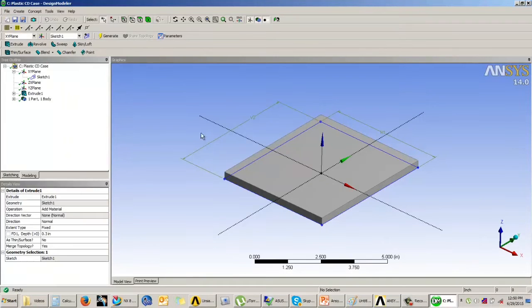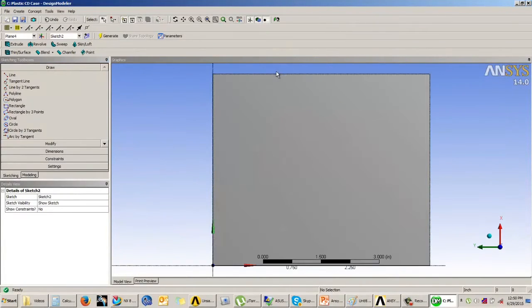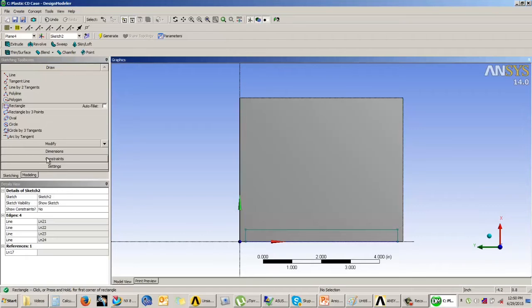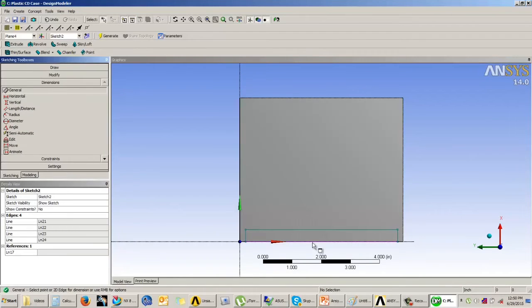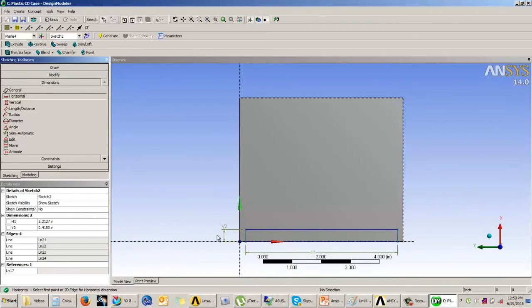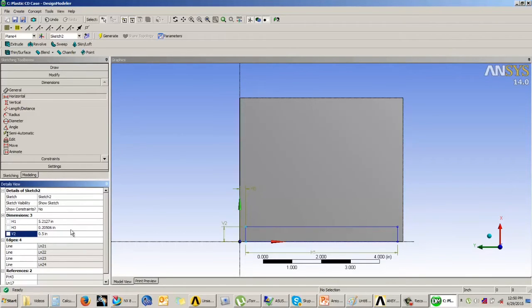So I will come back over here. I'll select this face and go into sketching. Once we come over here, I'm going to draw one rectangle whose dimensions are, this is 0.5, this is 0.05, and this over here is